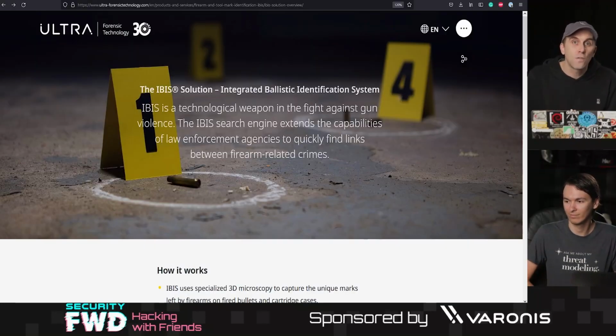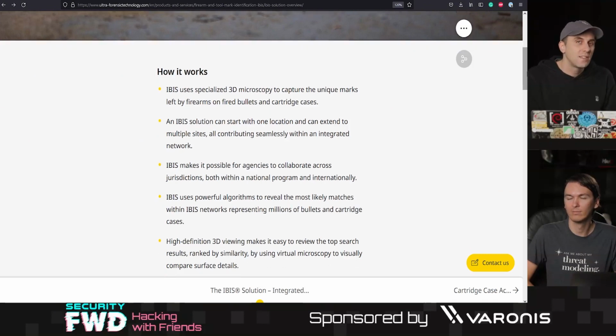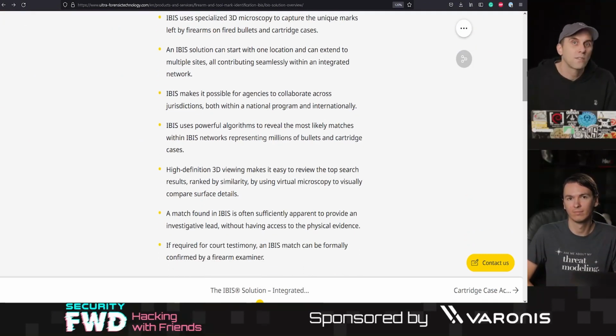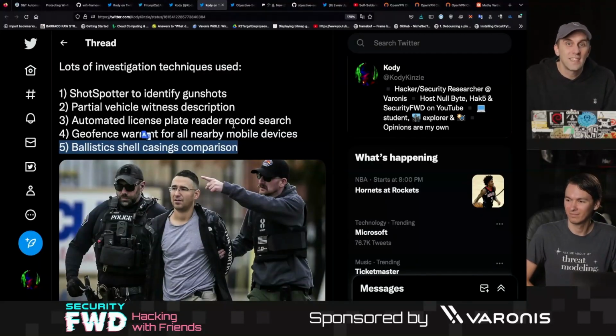As soon as they pulled over a vehicle that was identified by presumably this automated license plate database, they were able to find shell casings in the vehicle and conclusively compare them to the ones that were fired. Wow. That is a lot of investigation going on. So pretty crazy how many different techniques were used in a single investigation here, but it also shows how